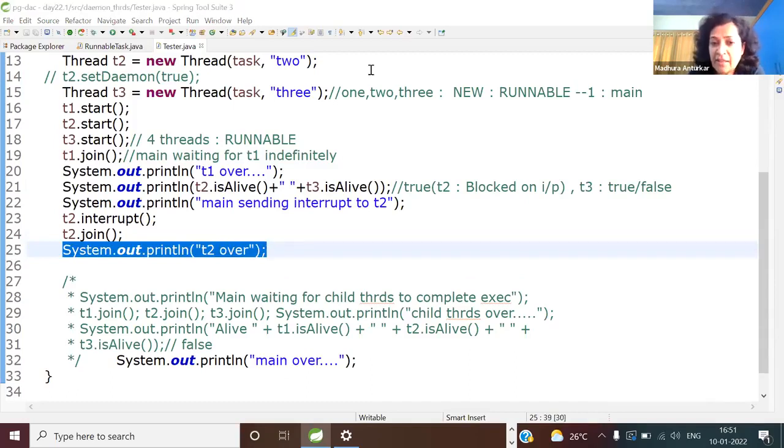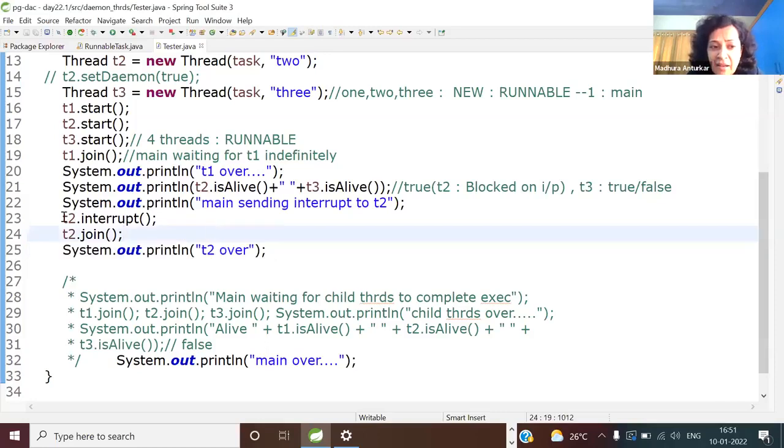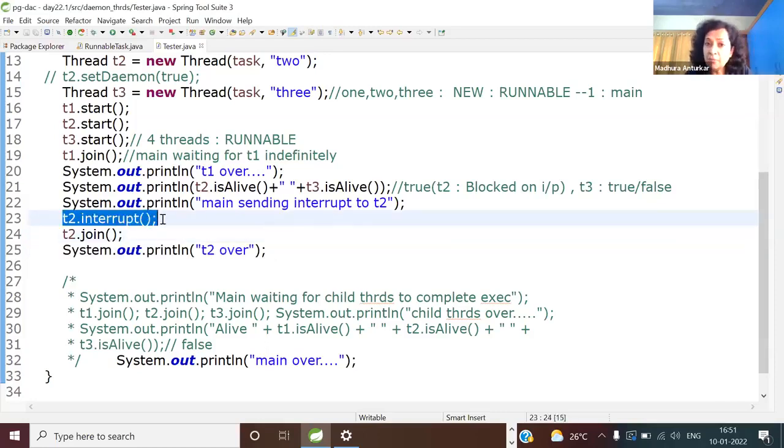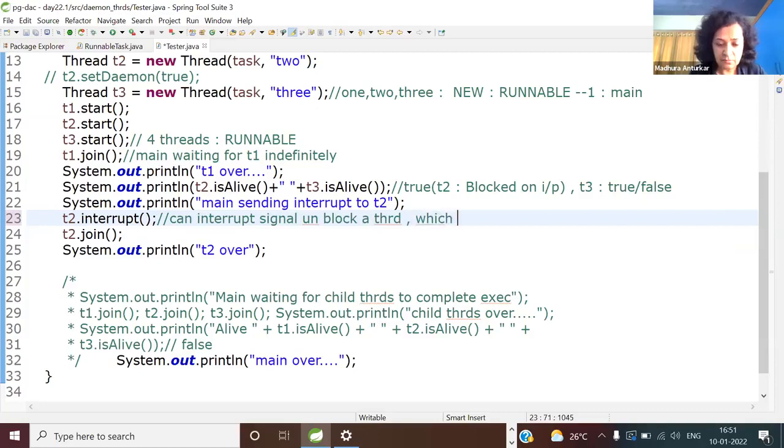If you don't give any input to the thread T2, which is blocked on input, all I'm asking you is, can an interrupt signal unblock a thread which is blocked on input?